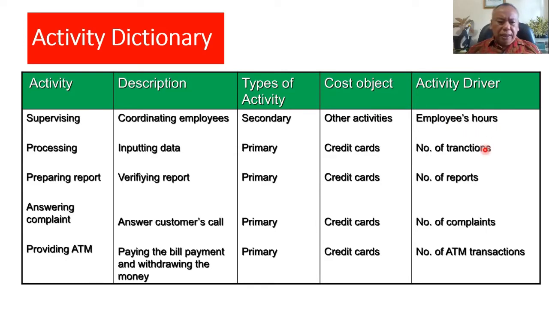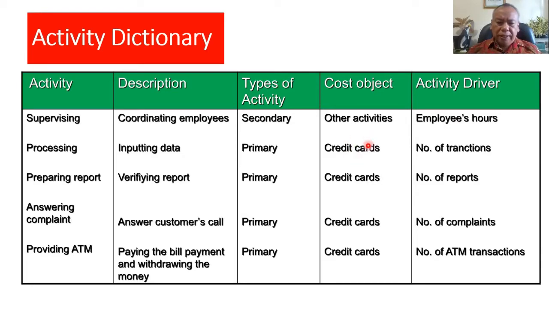For processing, number of transactions; preparing report, number of reports; answering complaint, number of complaints; providing ATM, number of ATM transactions. So actually this driver will be used to allocate the costs, and to assign the cost to the credit card